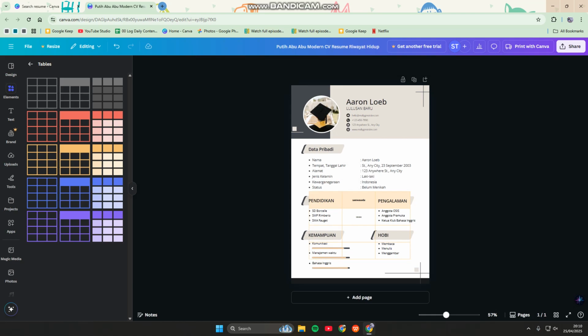So once you're happy with your table, you can make any final adjustment to spacing and alignment, and then just save your resume as a PDF or PNG to share with potential employers. And that's it. You've now added a professional table to your resume